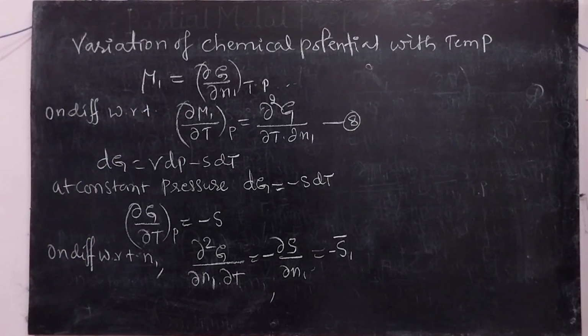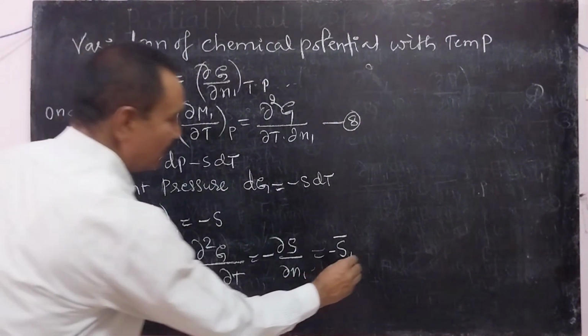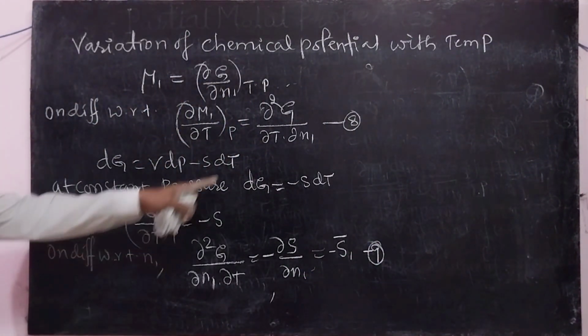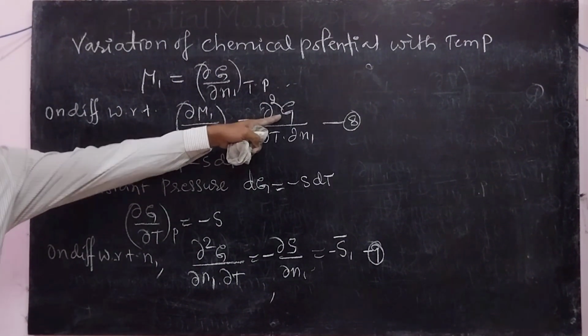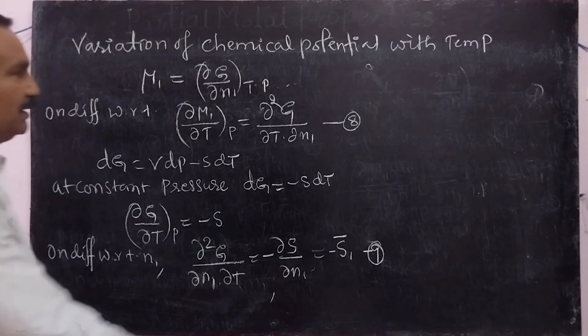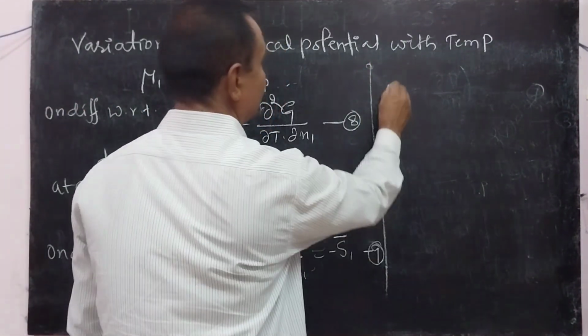Then equations 8 and 9: the left hand sides are same, that is ∂²G/∂n1∂T, then equating equations 8 and 9,